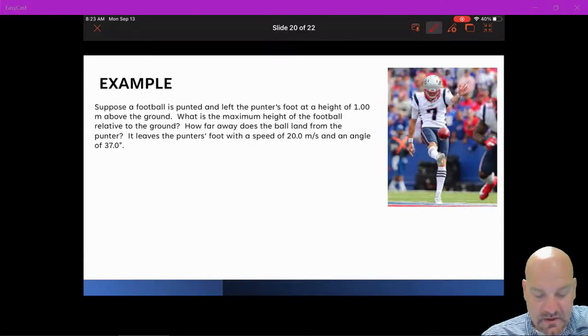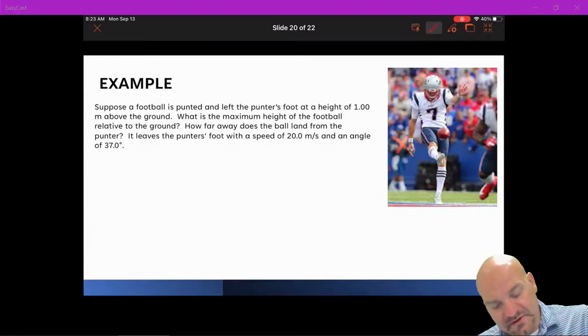Suppose the football is punted and left the punter's foot at a height of 1 meter above the ground. What is the maximum height of the football relative to the ground? How far does the ball land from the punter if it leaves the punter's foot with a speed of 20 meters per second and an angle of 37 degrees? So what we're saying is,